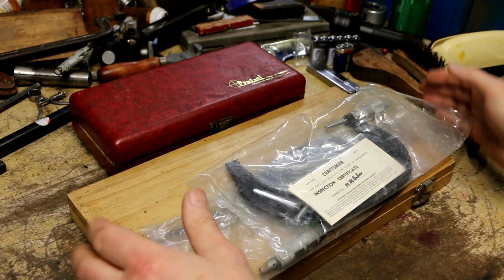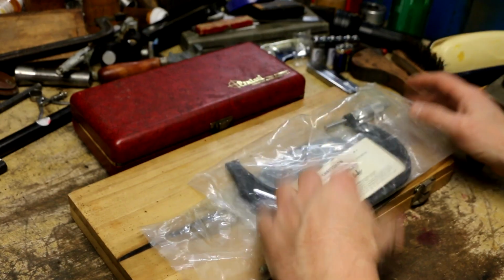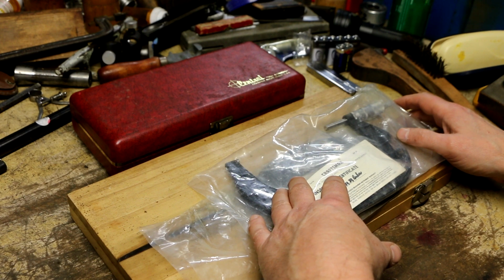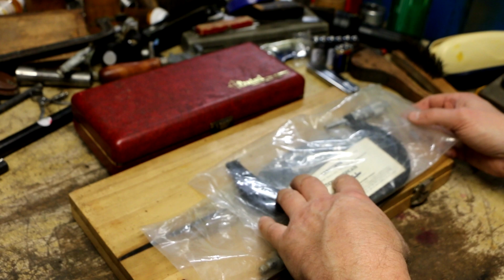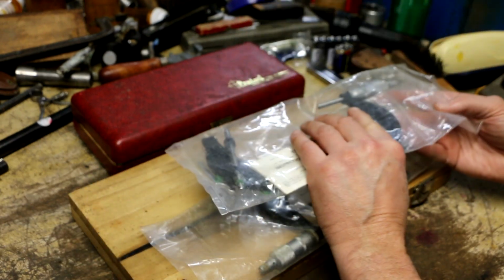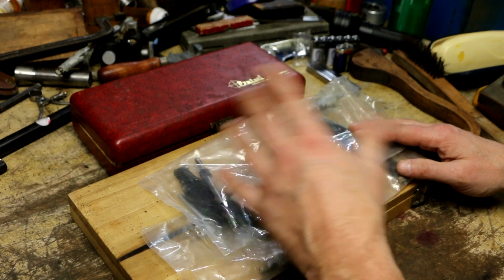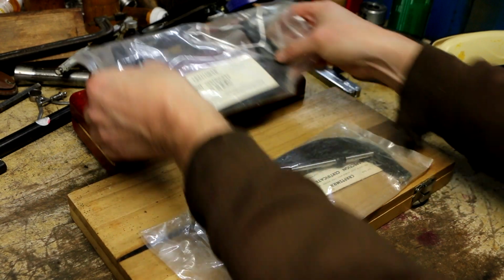So I think when I first saw this pile of stuff on Marketplace, it was the whole lot, and he was asking like 200 or something like that, and I didn't pay much attention to it. Then he slashed the price to $100, so I reached out to him and we cut a deal. I think part of the reason he was anxious to get rid of it was because he had it up for a while and probably didn't get a lot of traction. But what I had noticed was